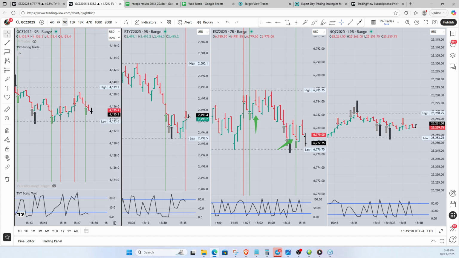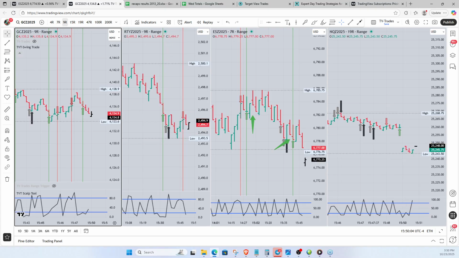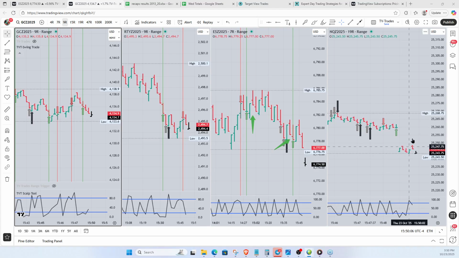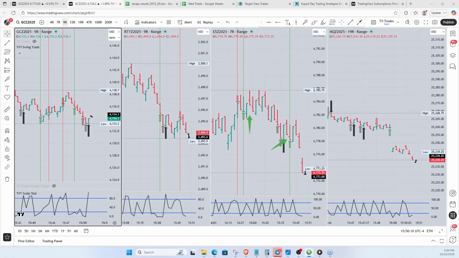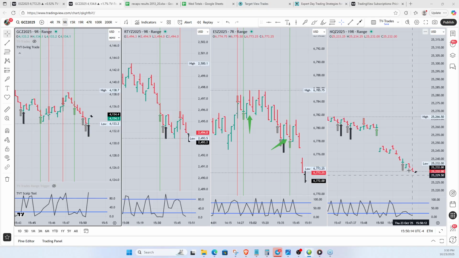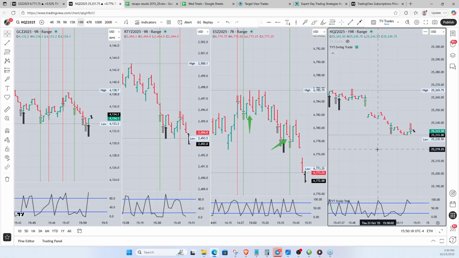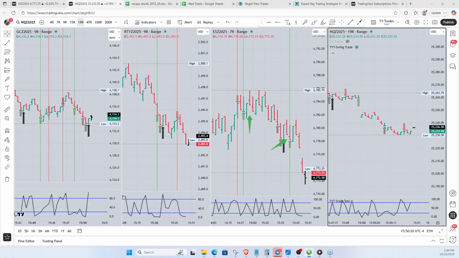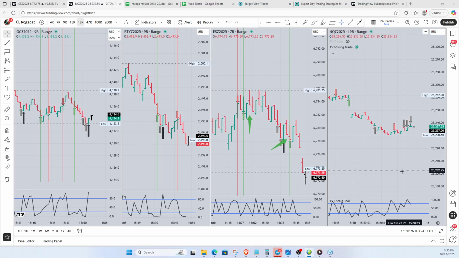There's one right now on the Russell, but I don't have Russell Dom open. The Russell one just worked out. There's a long right there that immediately gapped down. That you can't get right now. That I wouldn't try to get right now. Something just happened here at 350. But you could try that short on the NQ if you wanted to. It did go from there down about 20 ticks down there. The NQ is just running too fast.